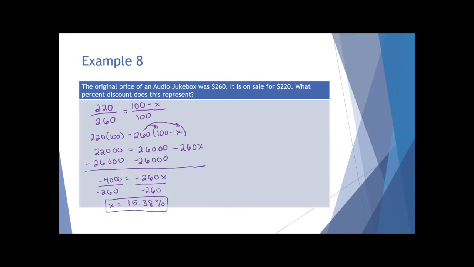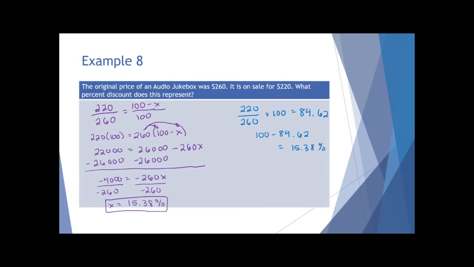Now, if you want to do this without doing a proportion, what you would do is 220 divided by 260 times 100. And that gives you 84.62. Then you need to subtract that by 100 to figure out what the discount is, because that's how much you're paying after the discount. So if you subtract that from 100, that gives you your